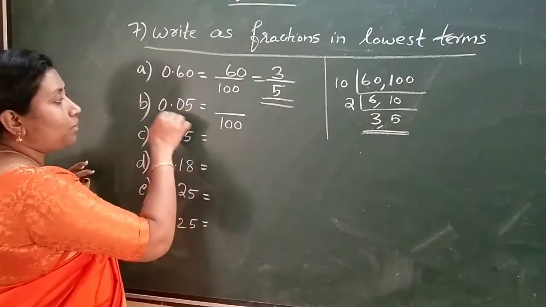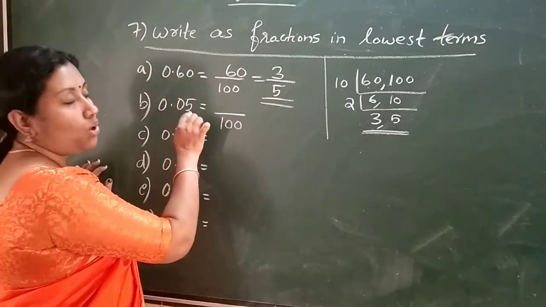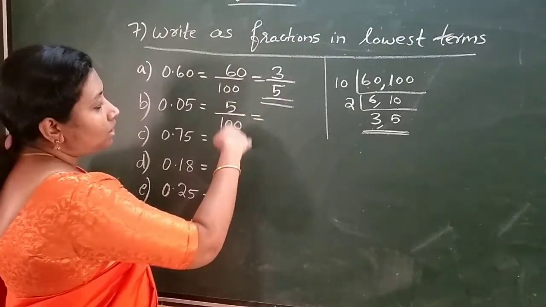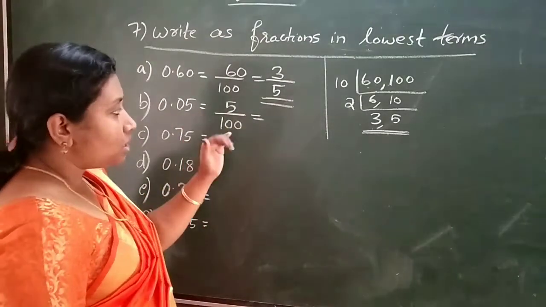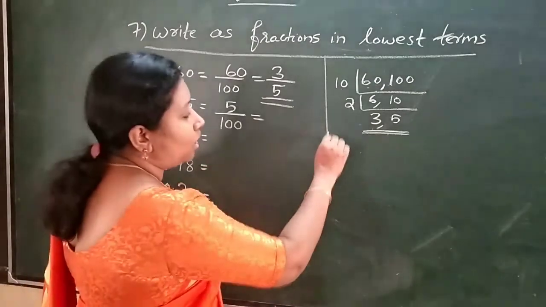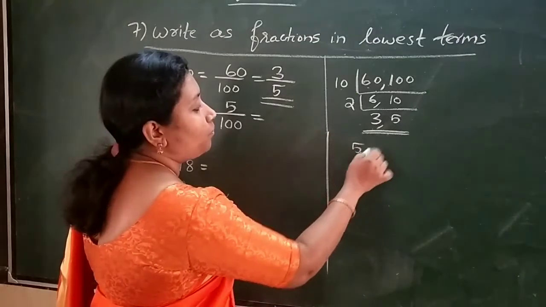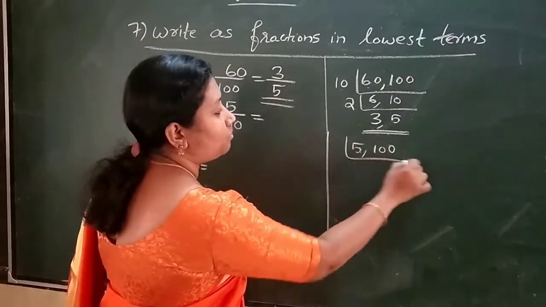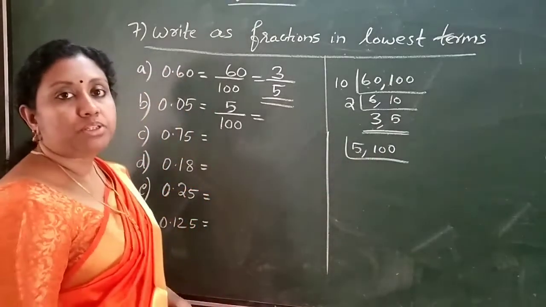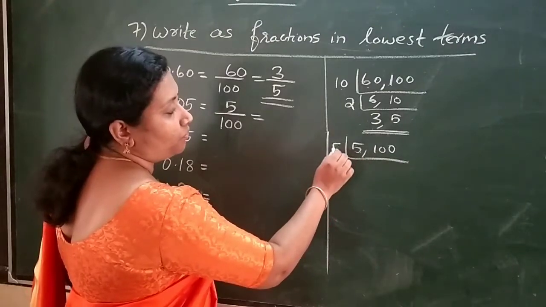Then which is the given number without the decimal point? You just write the given number, that is 005, so you just write 5. Is there any common factor? Yes, this fractional number is not in lowest form, so you convert it into the simplest form. What is the easy way? The HCF method. These two numbers are divisible by 5.